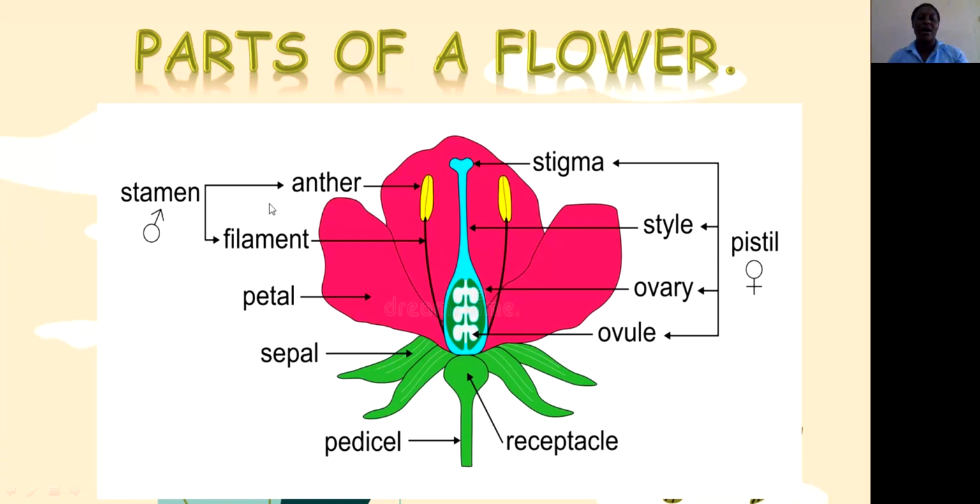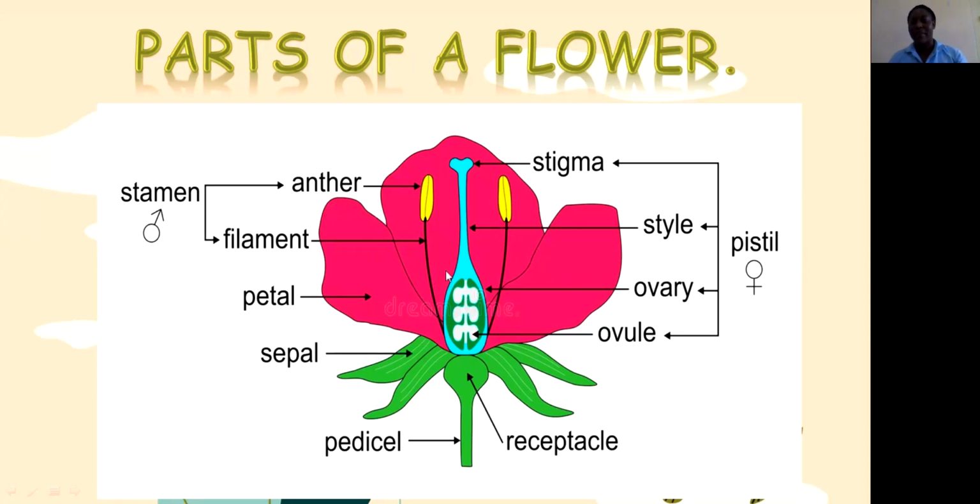And one word for them is called stamen. Stamen is a male part of a flower. A male part of a flower is called stamen. It is made of anther and filament. And also, if we have a male part, it means we have a female part. Now, female parts of a flower are stigma,